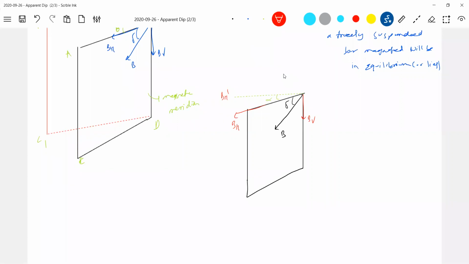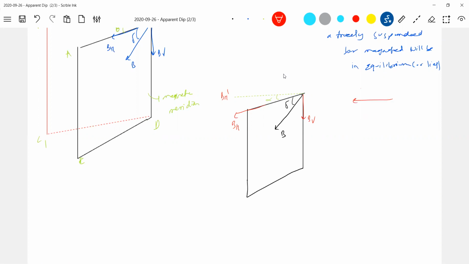So now you can ask questions, sir. What actually you did is, I'll rotate this through an angle alpha. Sir, why are you rotating this? There's some experimental method I brought here. So what is BH now? Here I'll come to the calculation of the true dip.